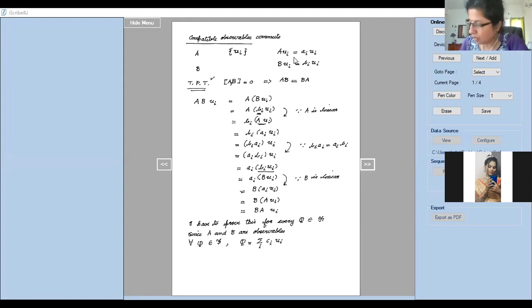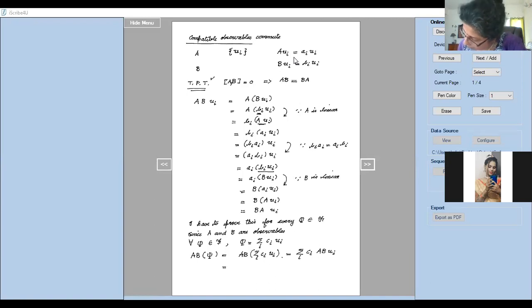Thereby now AB operating on this psi will be equal to AB operating on the summation over Ci ui, which can be written now. I can put the summation here, I can put Ci, and I can put AB operating on ui,